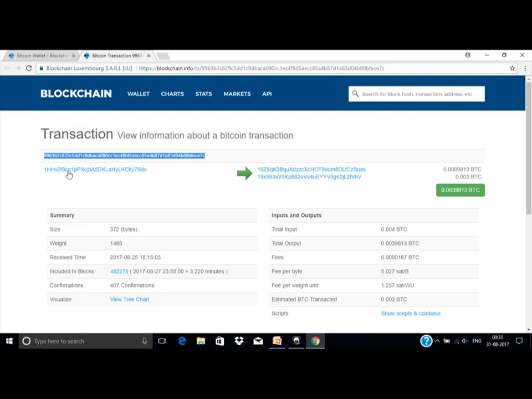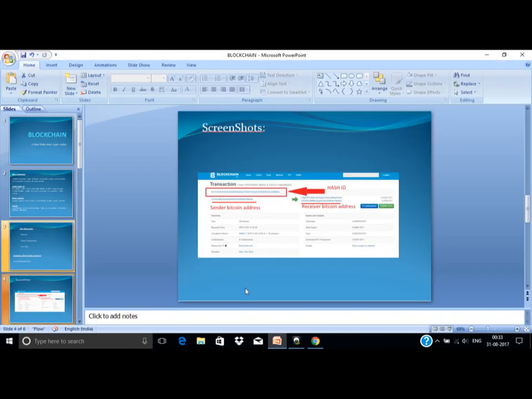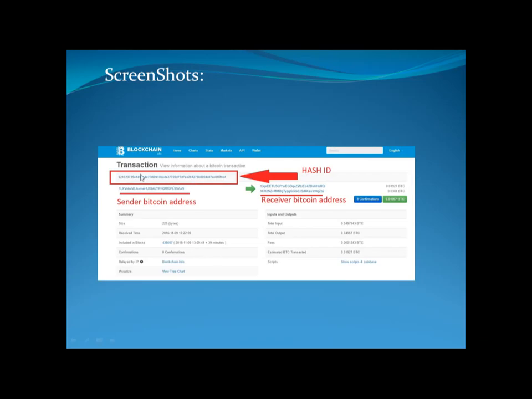So what we studied today is how we can find out the hash ID, what is the difference between a wallet ID, what is the difference between a Bitcoin address, where we use the Bitcoin address, how to get the hash IDs, how to select the hash IDs properly. All right. Okay. And I'm just repeating this window so that you understand one more time. This is the hash ID here, and below it is the Bitcoin address of the sender, and on the right side is the Bitcoin address of the receiver.